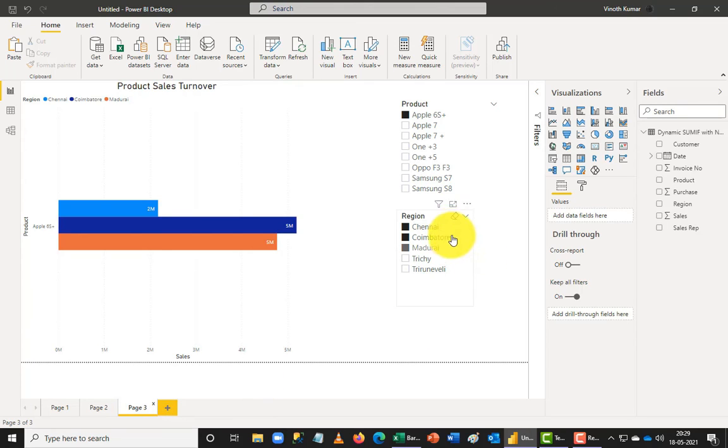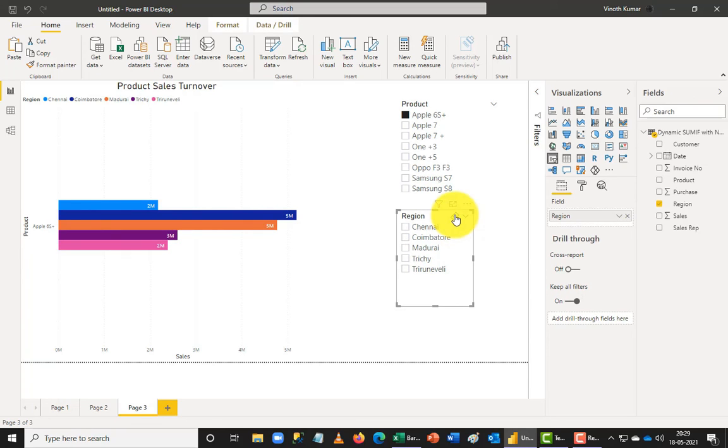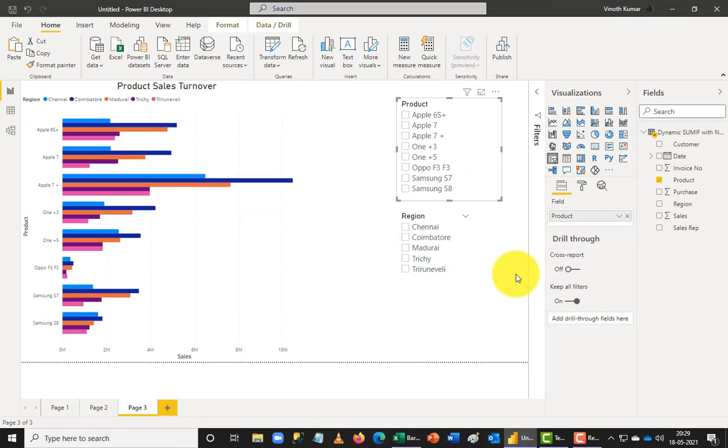region is better here. So when I clear this and pick up one data, it shows all the data labels for me better. But when I show all the data, my data labels will not be displayed here because the data points are more. So I cannot use a stacked bar chart effectively here. So this is how we use bar charts in Power BI visualization.